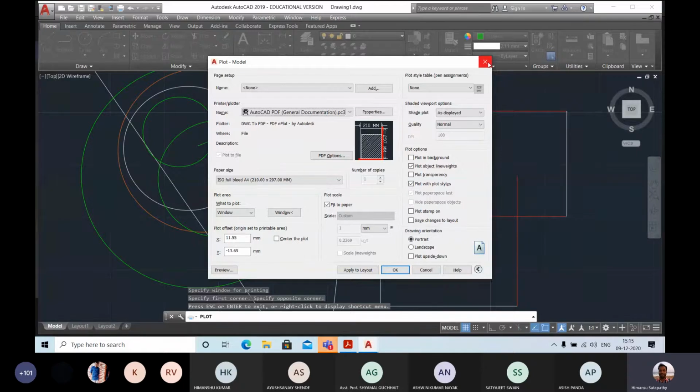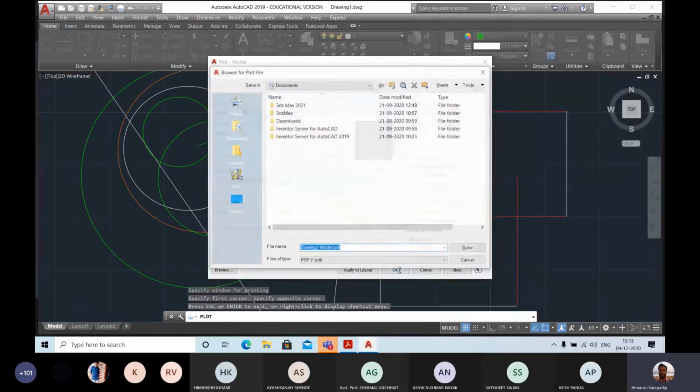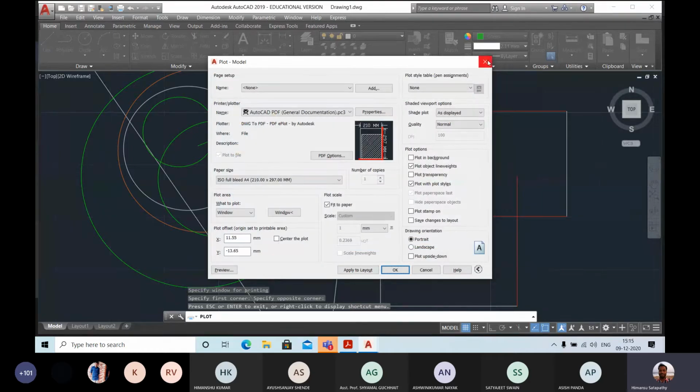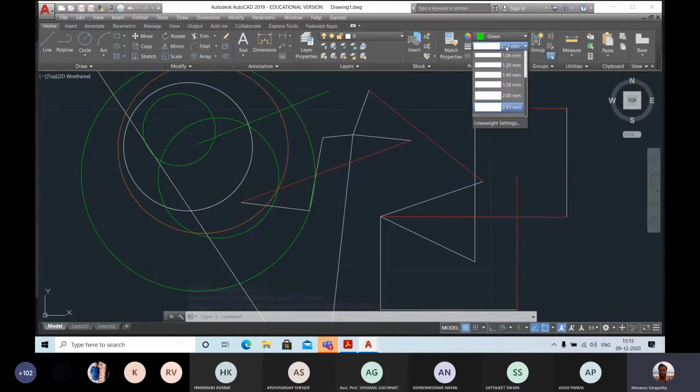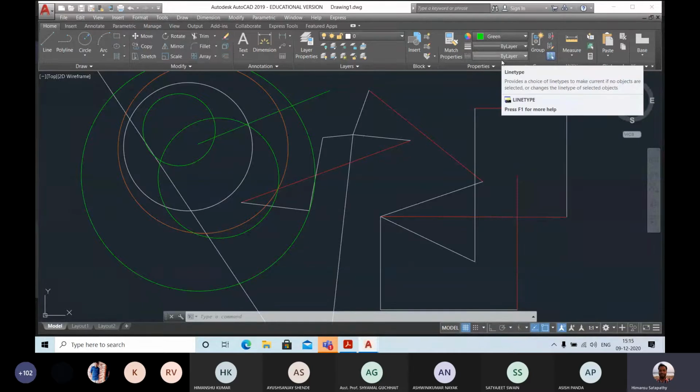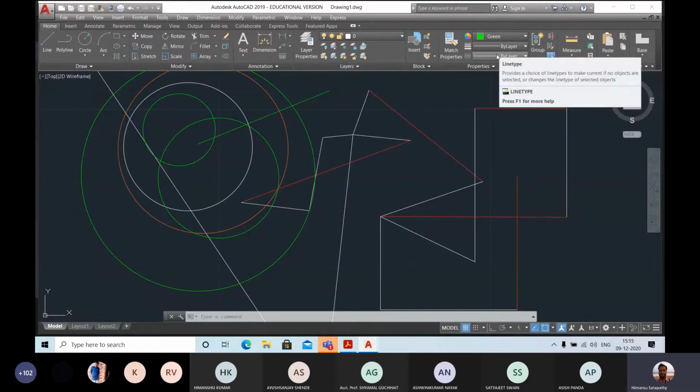Okay. So when you go for the OK option, it again goes to that same option. It is asking to save the file. You can save the file. It is PDF and you can send it to everyone so that all can see this drawing. So these are the line thicknesses. Under the property, please remember to change it again to the by layer option. Otherwise, all the drawings will be 2.11 mm. So by layer means 0.00 mm line thickness.